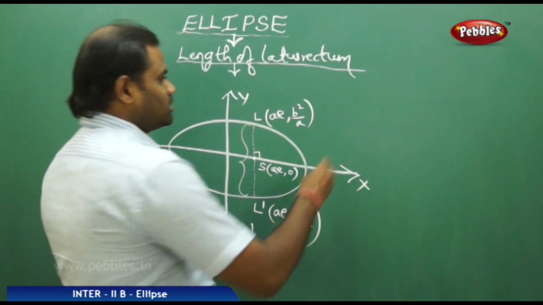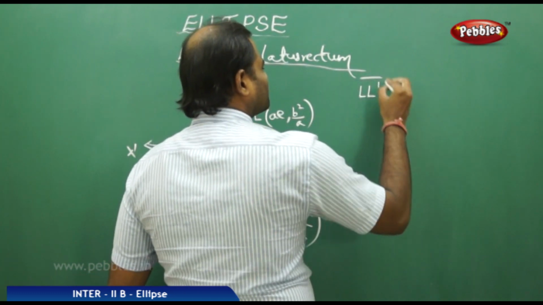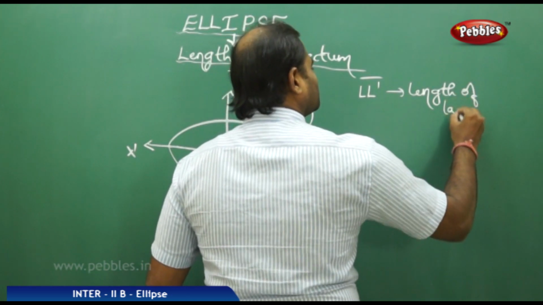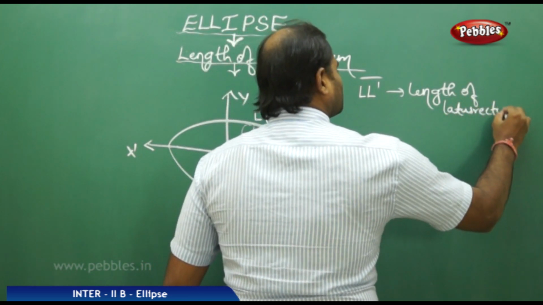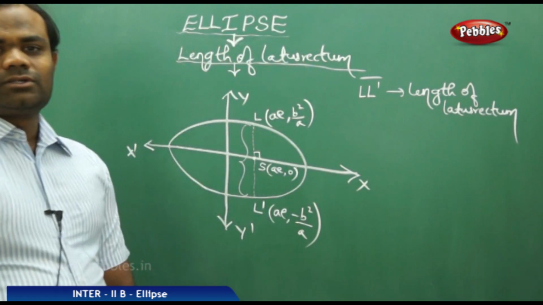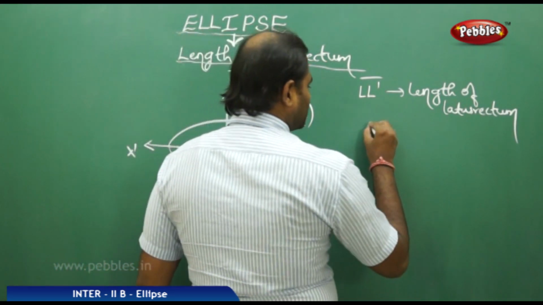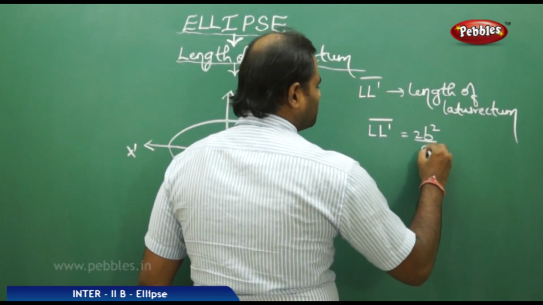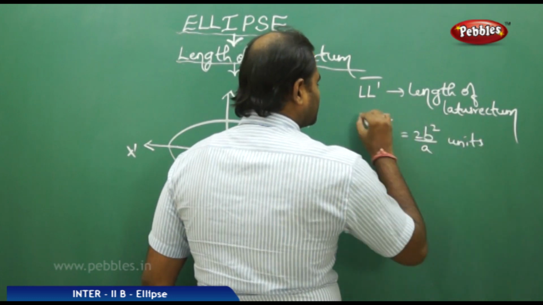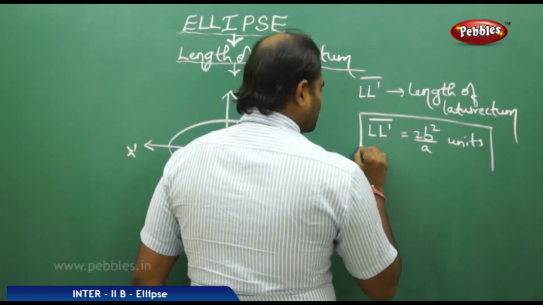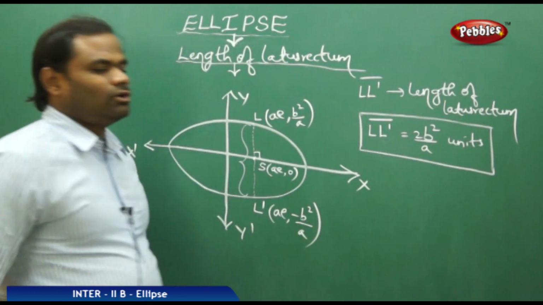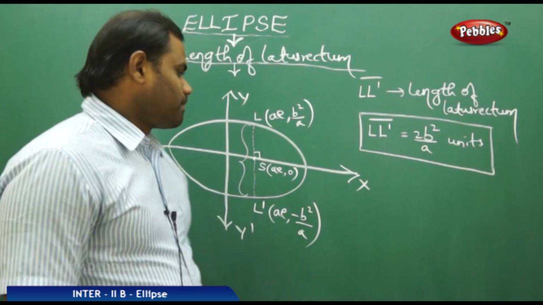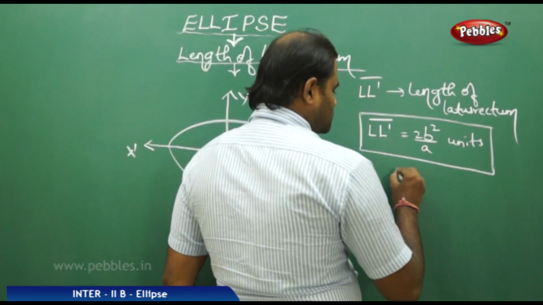So LL dash is said to be the length of latus rectum. This length of latus rectum is given by LL dash equal to 2b square by a units, is how we identify the length of latus rectum is 2b square by a units, and the endpoints